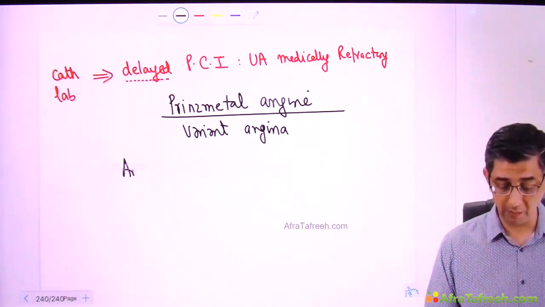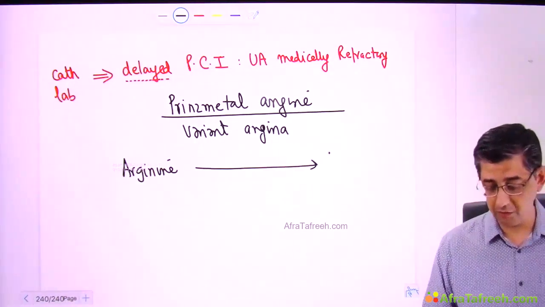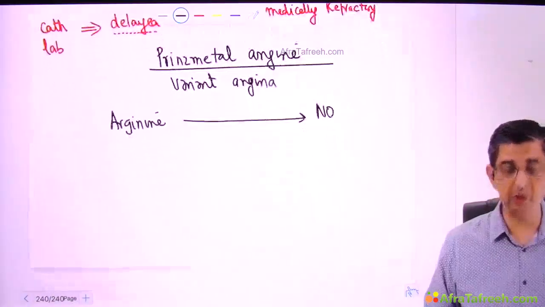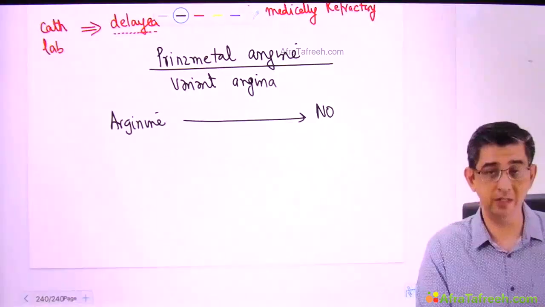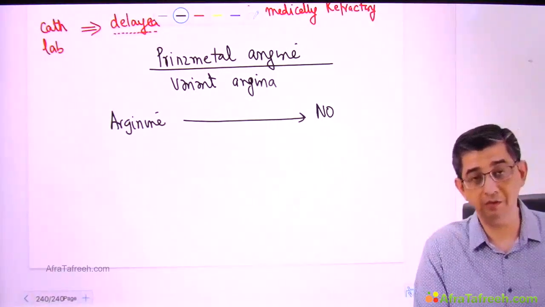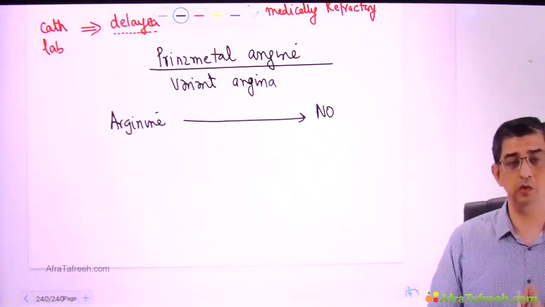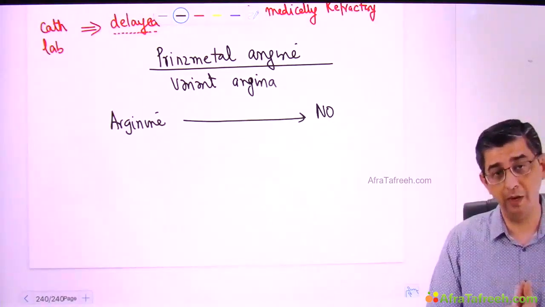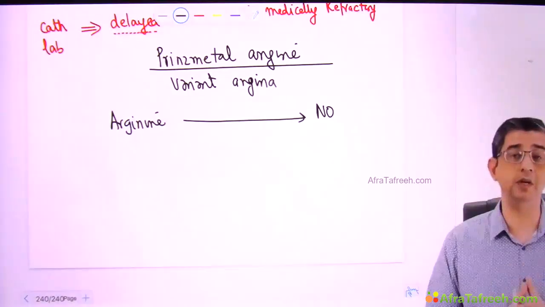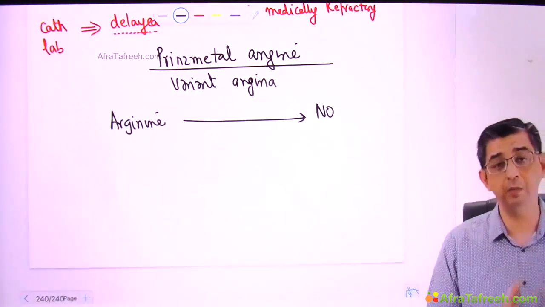Well, let's have a look at some baseline information also. There's an amino acid you are familiar with, arginine, which causes production of nitric oxide in the coronary arteries. And nitric oxide is a coronary vasodilator. Like if you're late for an exam, let's say professional exams or CENTAPs, and you are walking fast towards the examination hall, your and my coronary arteries will dilate because we are taking stress at that particular moment. But in people with Prinzmetal angina, this normal dilation of coronary arteries may not occur. Rather, there might be a spasm.